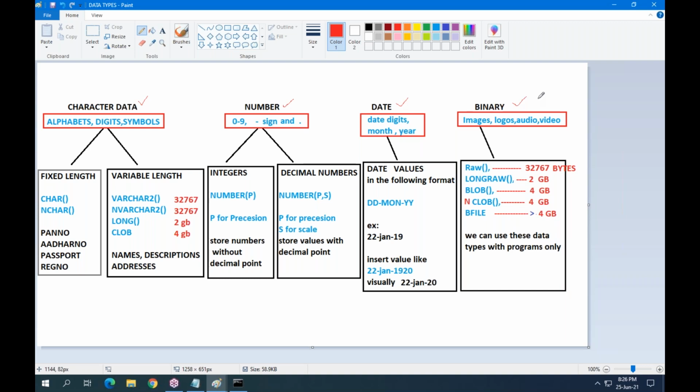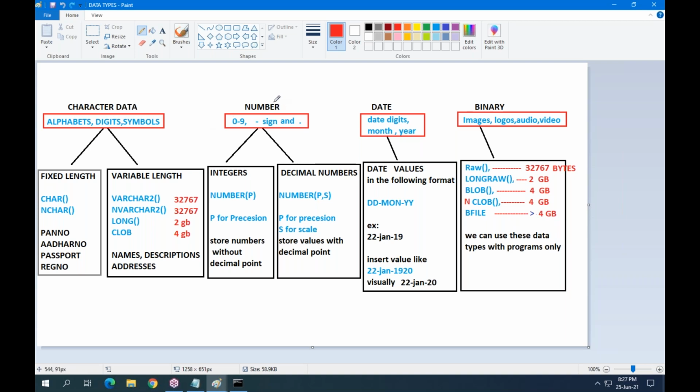You can go anywhere in the world, you only have 4 types of data. What is character data? Anything from your keyboard is considered character data. Character data contains alphabets, digits, symbols, anything.